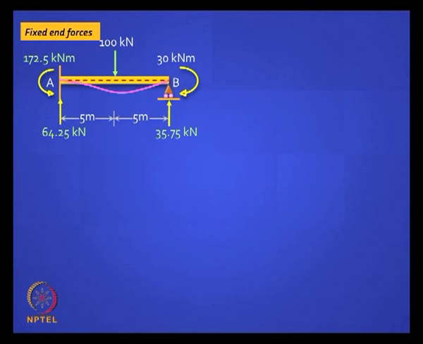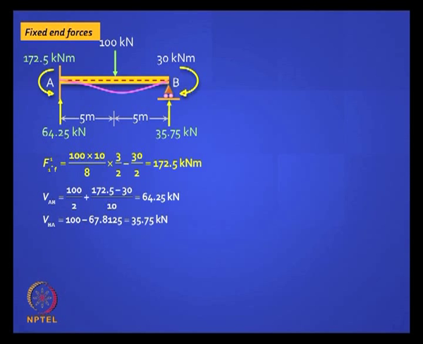Fixed end forces. Here remember there was a nodal moment 30 kilonewton meter to the left of the hinge. So you have to find out the fixed end forces, and we have done this before. Is this clear? Due to this 100 kilonewton load, you get a fixed end moment here, which is WL by 8 into 1.5 times because of the propped cantilever effect. I hope you remember that, and it is anti-clockwise, so it is positive, but you have a clockwise end moment here of 30 kilonewton meter given as a load in the problem, but you are taking it at the element level, and so half of it gets carried over with the same sign, and it is clockwise, so you should put a minus sign here.